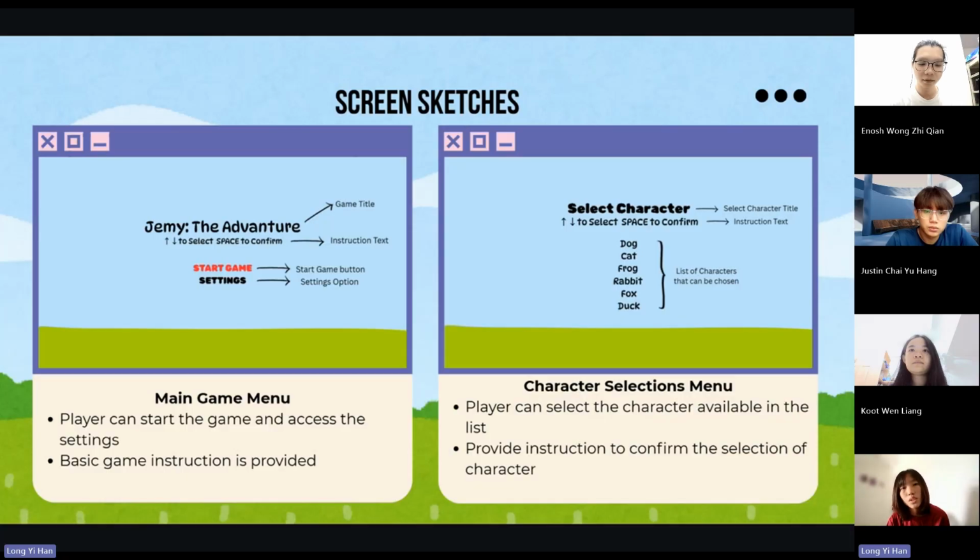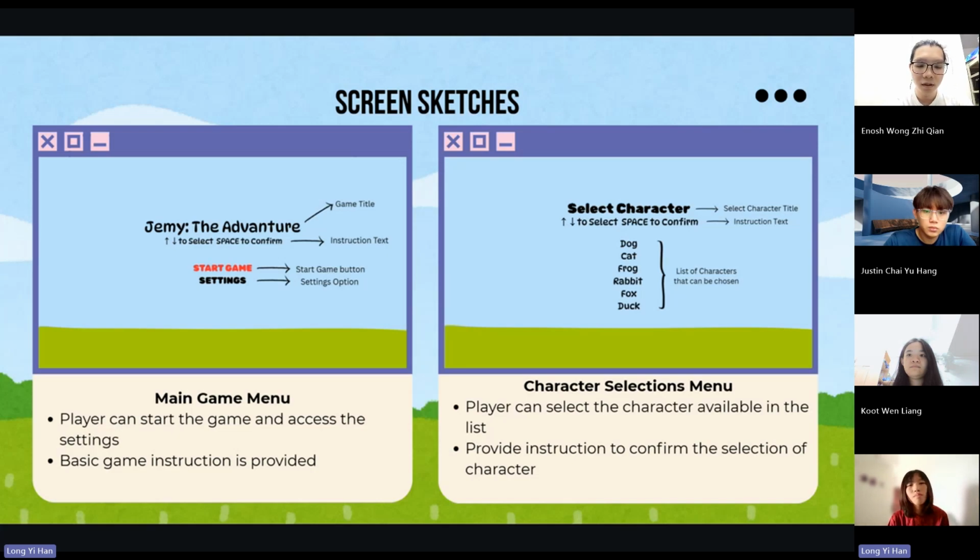And now we will come to the screen sketches. For the first one, we can see that there is a game title at the middle of the screen, and then there's an instruction text below the title, and we can see two options: start the game or settings.